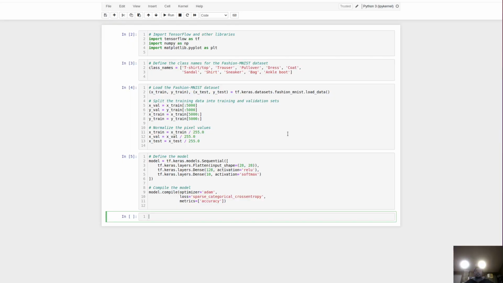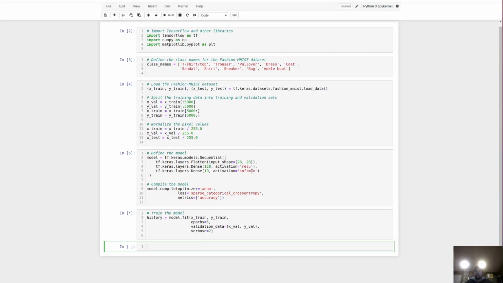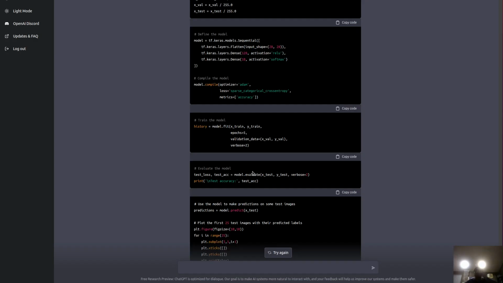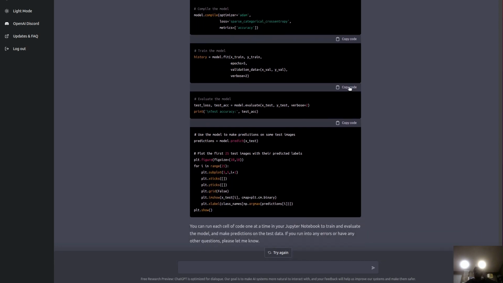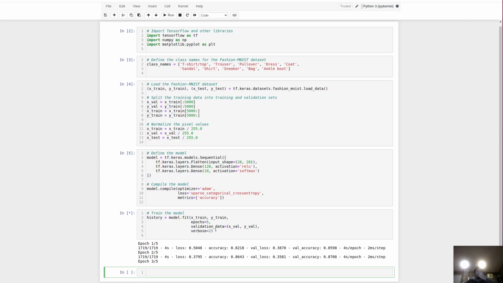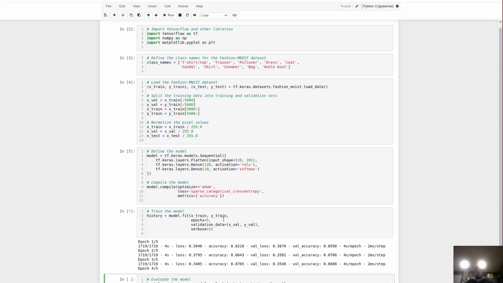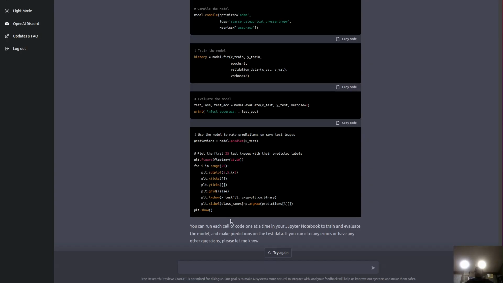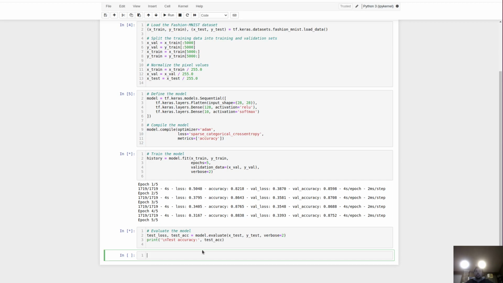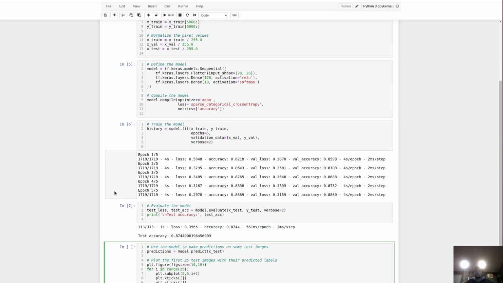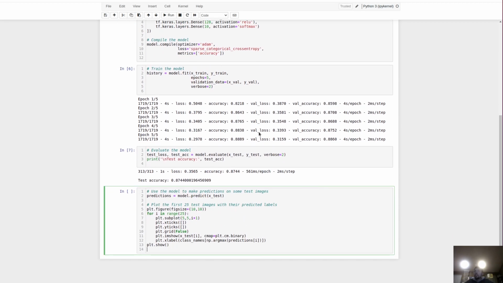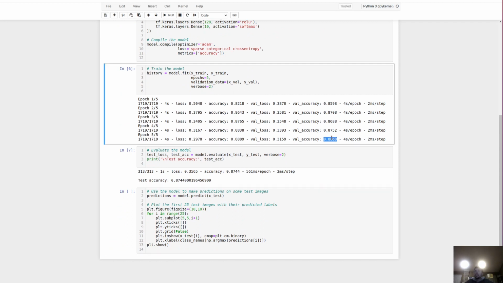Oh, it's even getting the history in case you want to print it. So that's going to start fitting. We'll see if that works. So yeah, the evaluation after the epochs, and then showing the results. So this is where I was getting hung up before. And yeah, still getting a good accuracy there.